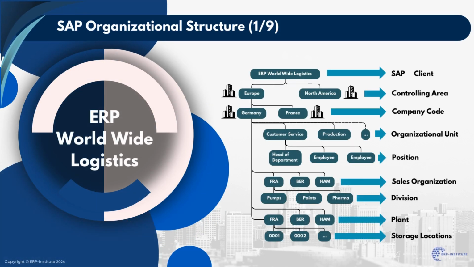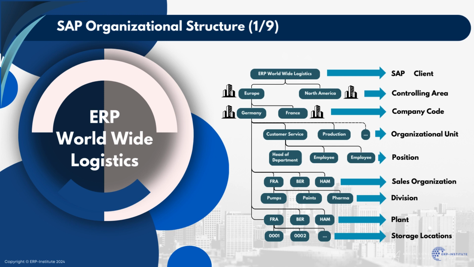This sample illustration of ERP worldwide logistics depicts the hierarchical structure of an enterprise as represented within an SAP system, reflecting the organizational complexity and how it is modeled in the software. At the top, we see the SAP client level, which is the highest hierarchical unit within SAP and represents the entire corporate group. It encompasses various controlling areas, which could represent different regions like Europe and North America, each of